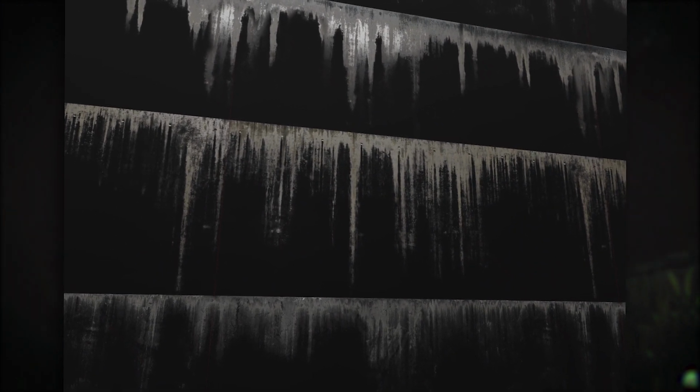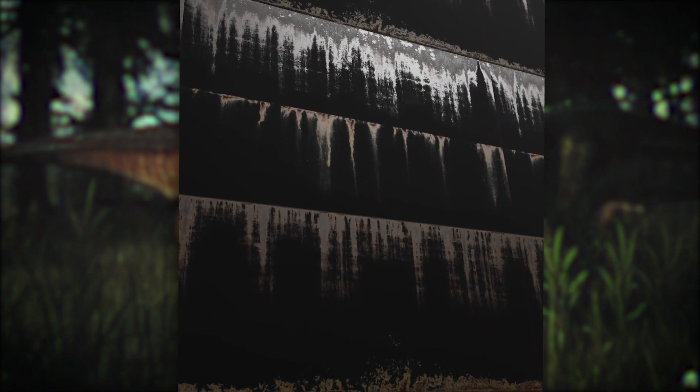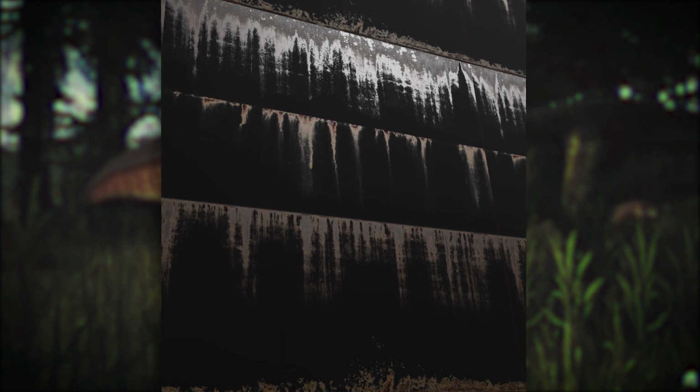First image shows this off quite nicely. A lot of damage, a lot of rust details. It looks great, personally. I think it looks really nice. There's a lot of color variation here too. You can see that on some of them it's more orangey, and that's because of rust, whereas the lighter grey